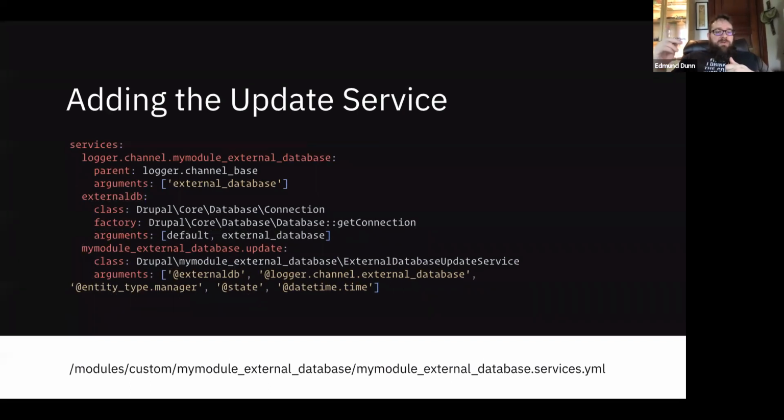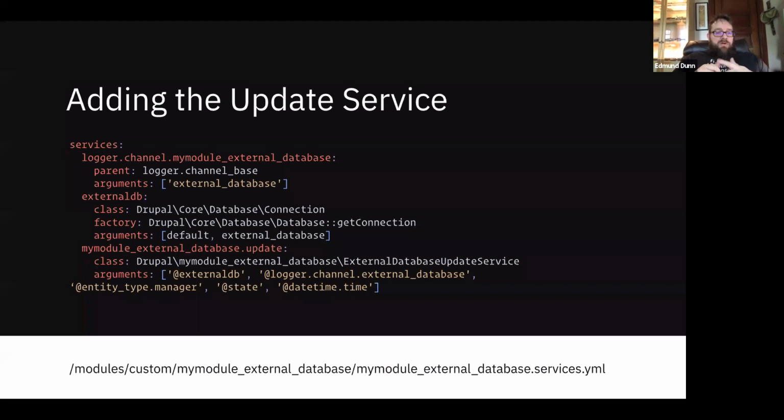The next thing we did is we added our update function, which we saw in the previous slide, to our services, and this is where we actually add the update service. The class, of course, is self-explanatory. That just points to our class, and hence our file. We also pass in arguments, and these arguments are important because we are passing other services into the constructor of our class.